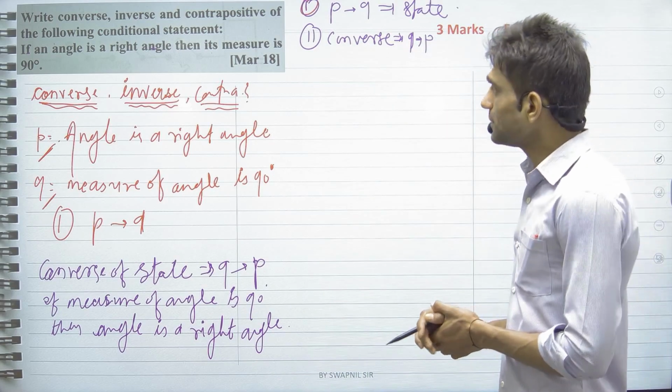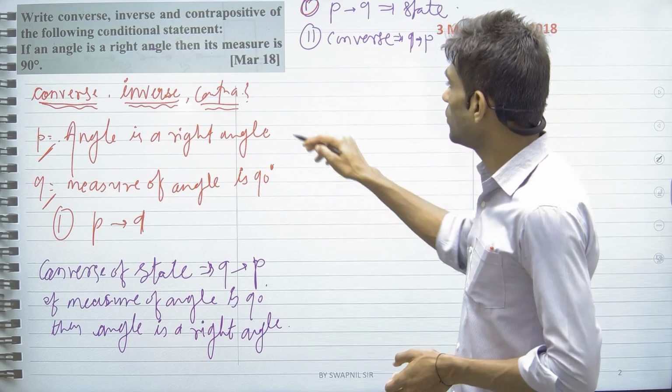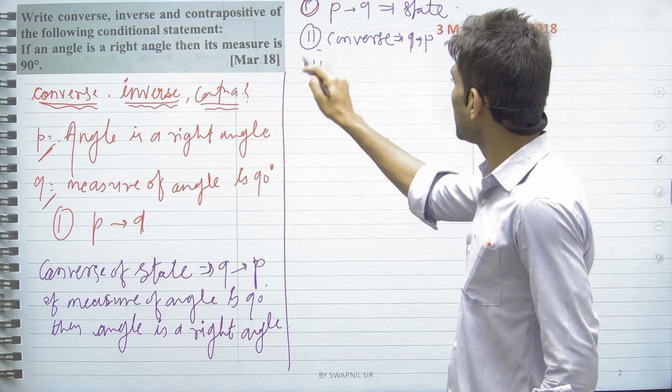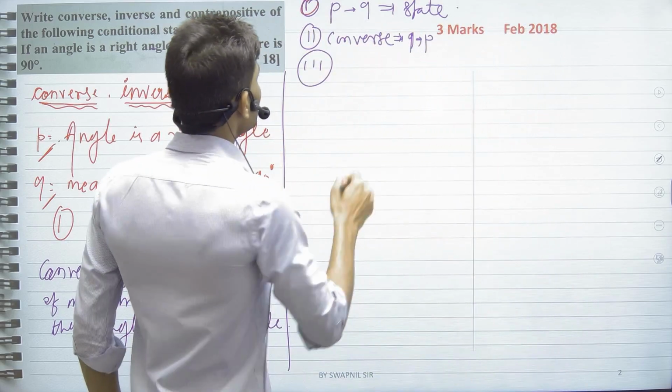Now we want the inverse next. Okay, let's go for the inverse. Now when we have statement P implies Q, then its inverse